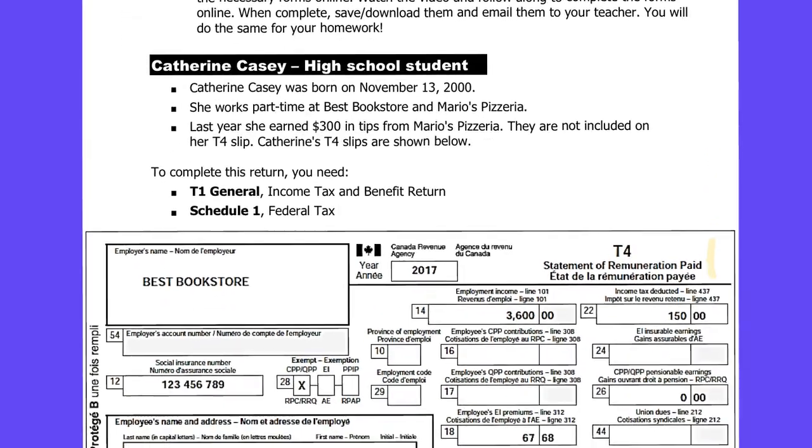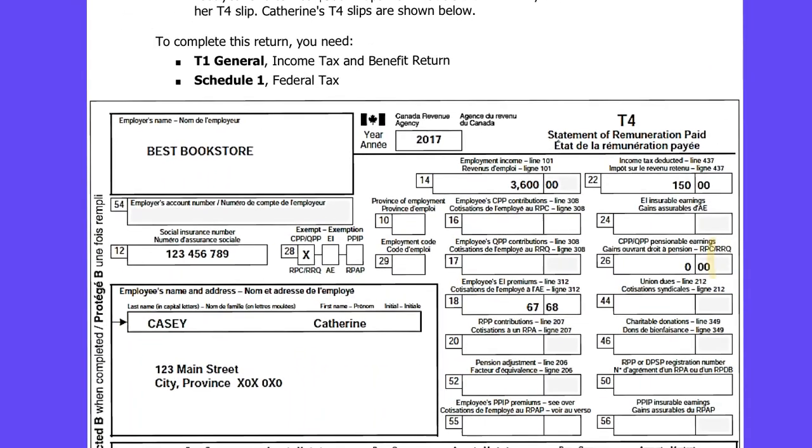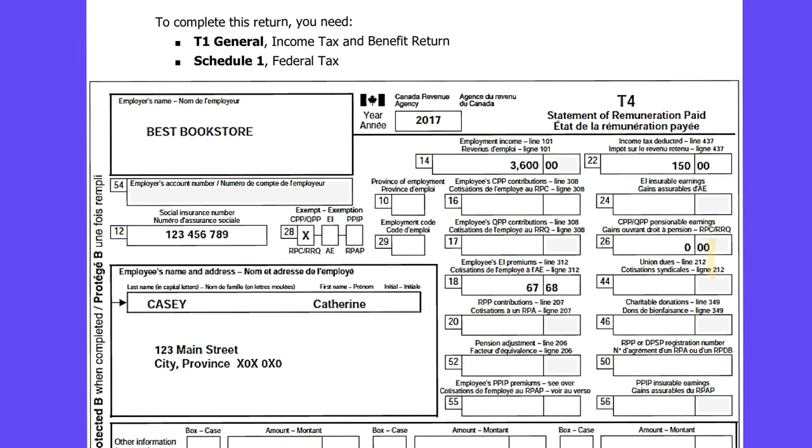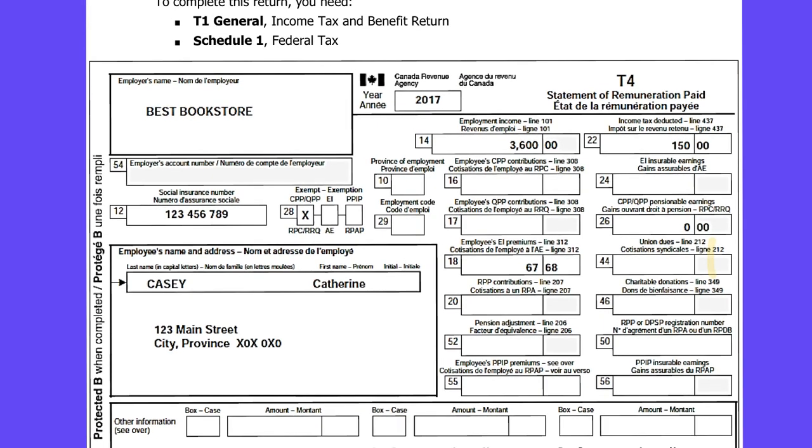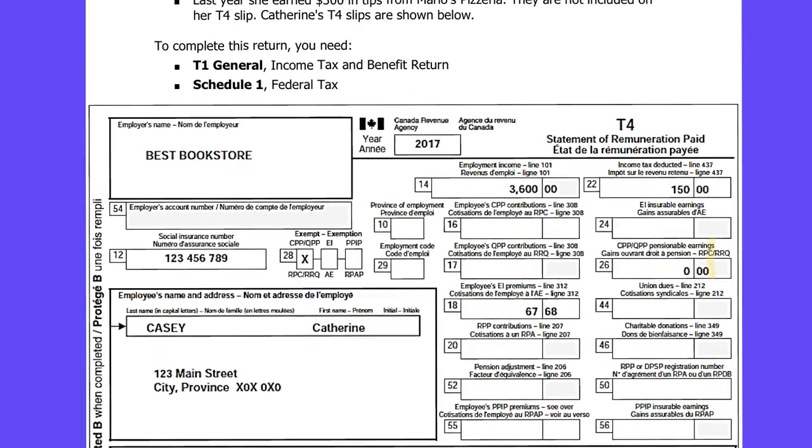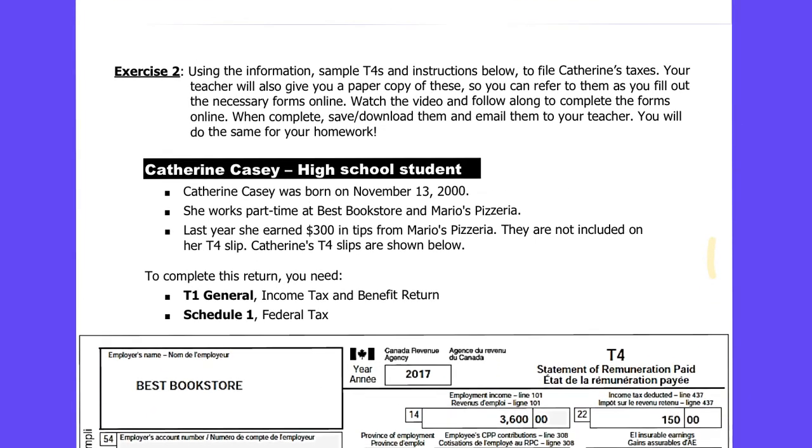You can see below we've got a sample T4 for her. That's the thing that your employer will give you once a year by the end of February that shows the information you need for your taxes. We've got this information about Catherine, but I'm going to stop the video here because there's actually another video that goes through this in much more detail, and I want you to follow along with that video.